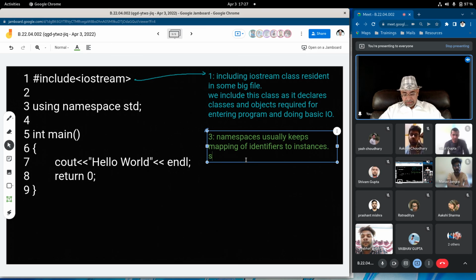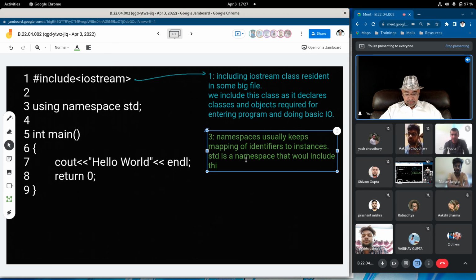Okay, std is a namespace that would include things required in our program. And these things are totally clubbed together and called std.